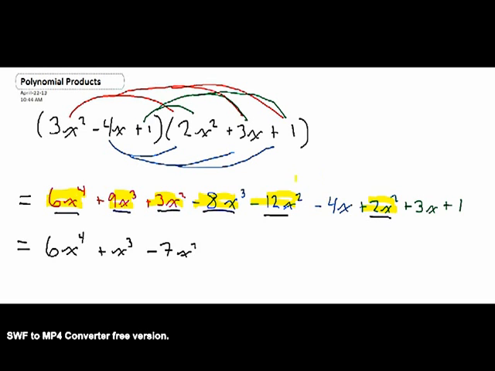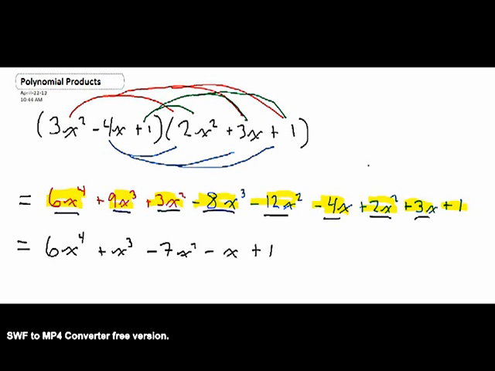We're going to move on to our linear terms, or just our degree 1 terms. So I've got negative 4x plus 3x. That's going to be just negative a single x. And now those are done. And then finally, our very last term, last but not least, our constant term is just going to be plus